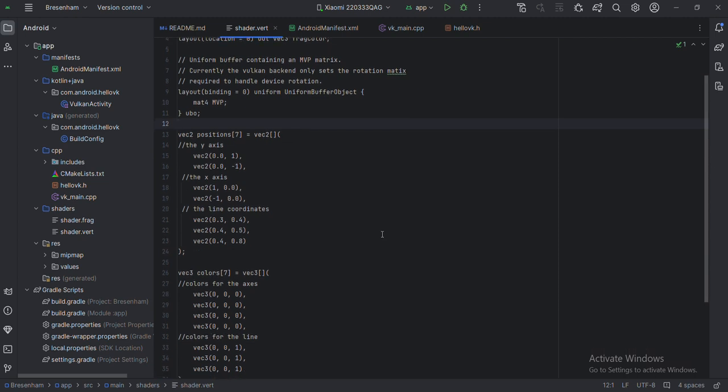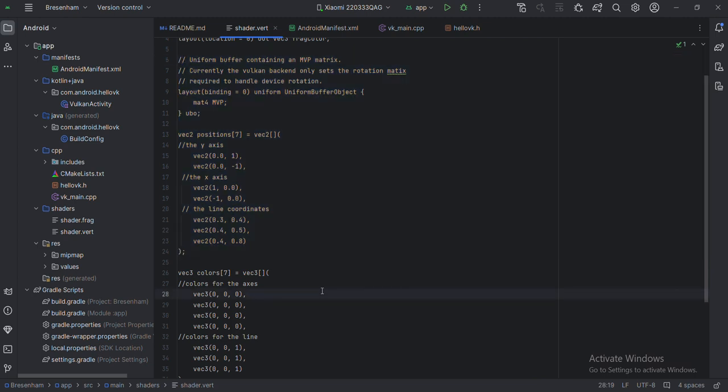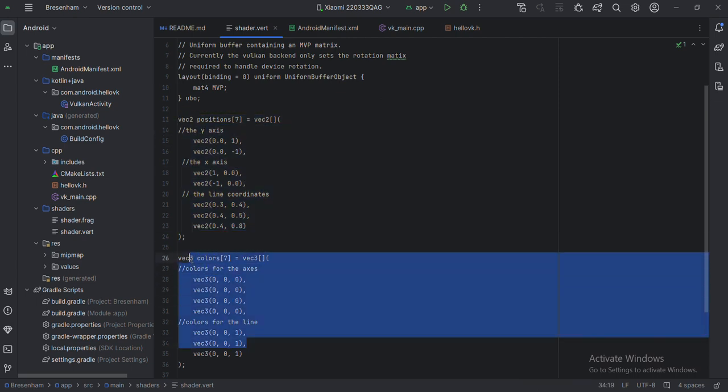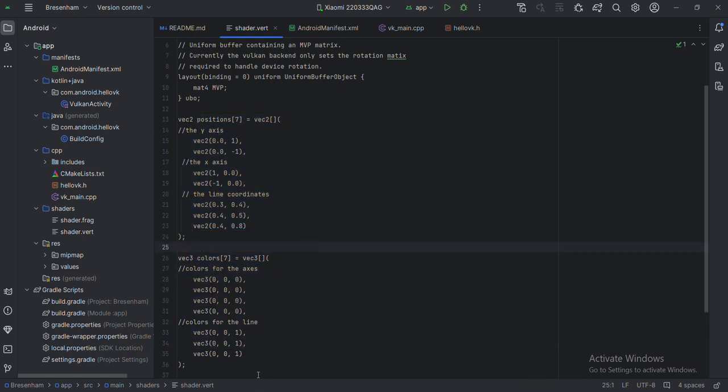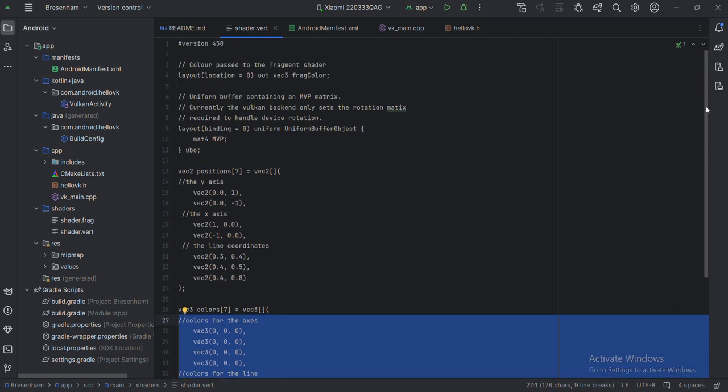Basically, the code structure is the same as the polygon code structure, where we have the vertex positions and the colors, which you can either do individually as it's done here, or give a single color for the entire structure, which is not advised in the documentation if you're trying to render more particular